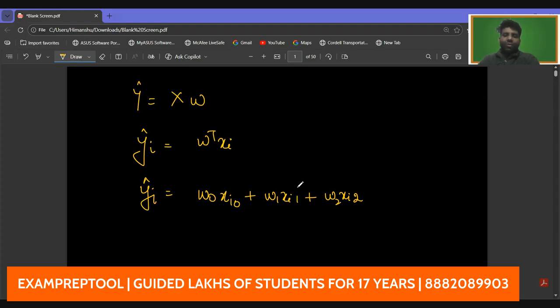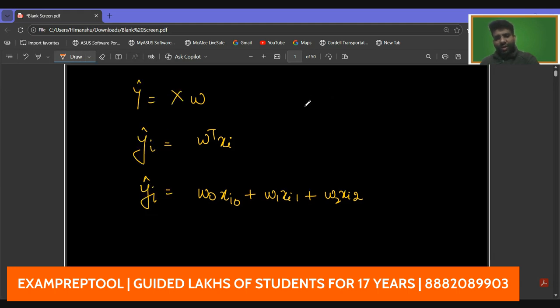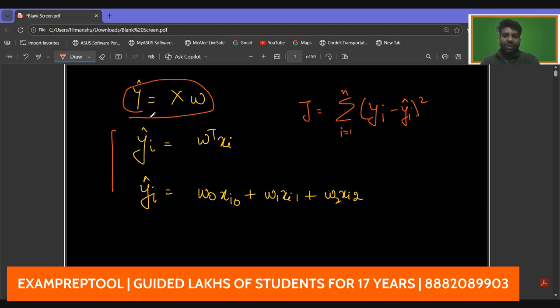This is what we all talked about, and we had something extra, which is called the error function, also called the loss function. On a per data point basis, we write it as the sum of squared errors: yi minus yi hat, squared, with summation going from i equals 1 to n, the number of data points. And if I would like to write it in terms of the column given to me directly, then my J is going to be, in that case, sorry, I guess it's my